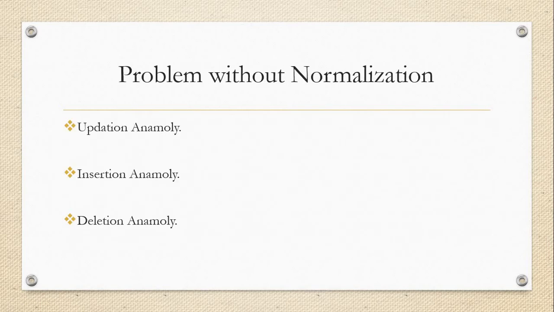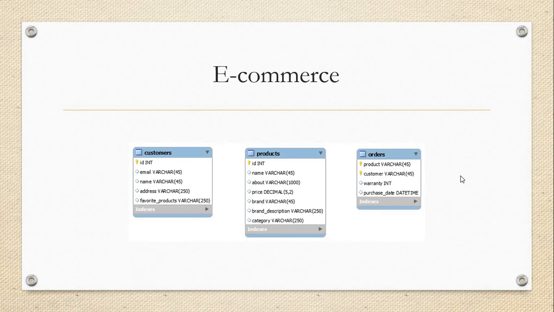We did that practical repeatedly. See, this is the diagram of the e-commerce website. In that, the customer table is there, product table is there, order table is there. Right now we have lots of redundancies in this diagram. We'll discuss that. But there is one problem in that diagram: some attributes depend on another attribute. See, in the customer we have a favorite product. Assume that I have a favorite product list and I want to delete one favorite product from the list. And when I try to delete that favorite product, the whole data will be deleted.